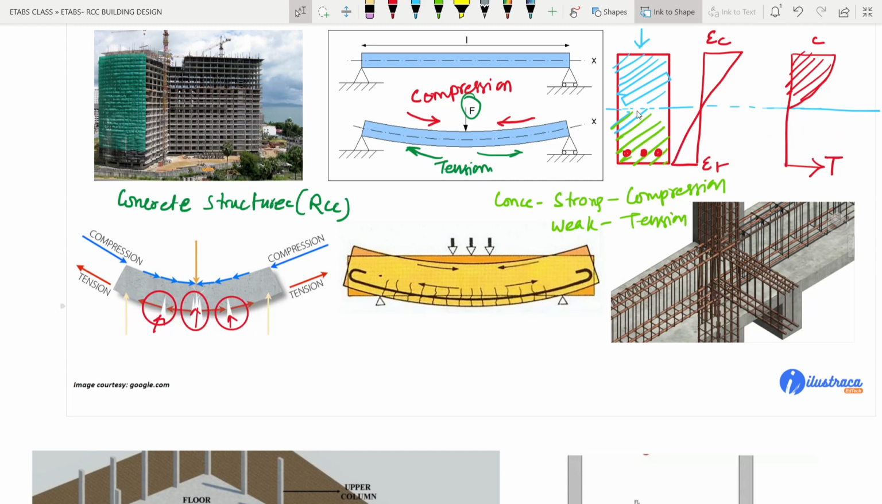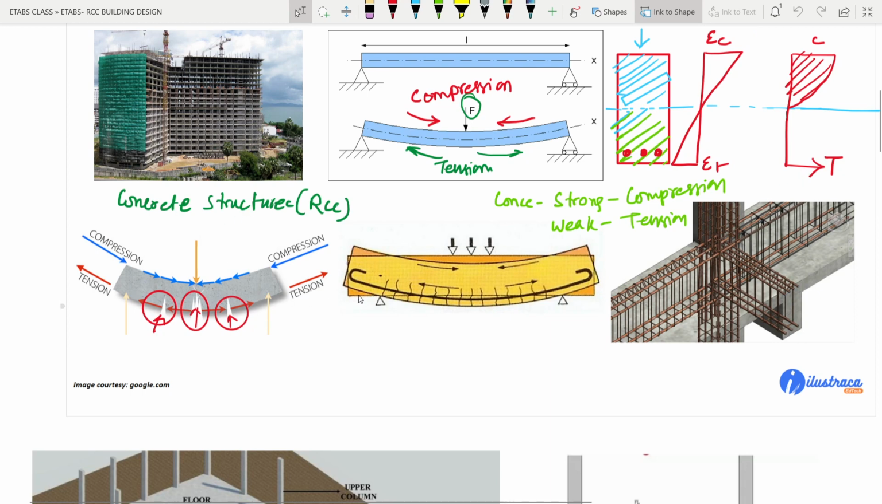So this is the compression zone, which will be tackled by the concrete itself, and in the tension zone, obviously partially it will be tackled by the concrete also, but most of the tensile stresses will be taken by the reinforcement provided here. There are a few cases where we need to provide reinforcement at the top also, but that is a different thing, we will discuss later. But the fundamental is that the compression will be tackled by the concrete and the tension partially by the concrete, but mostly by the reinforcement,